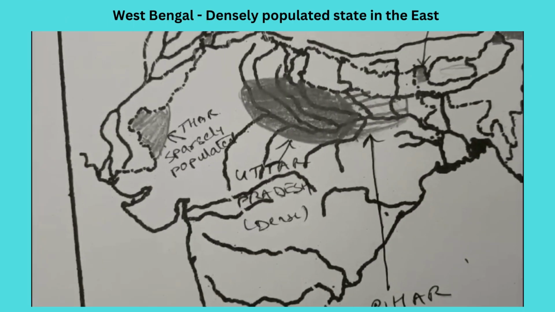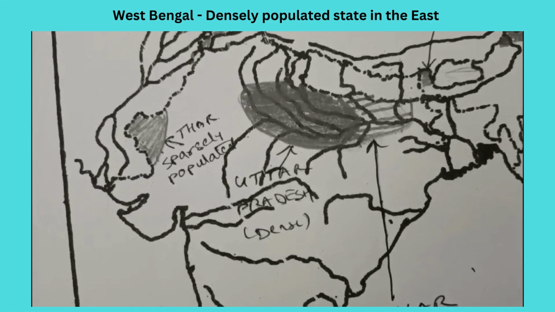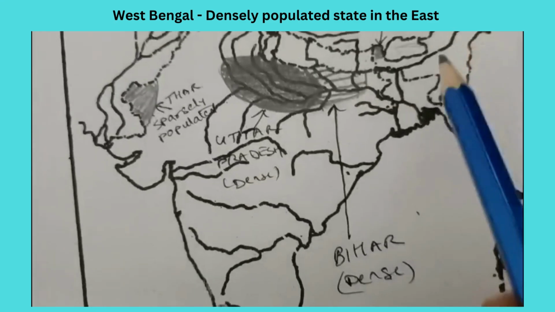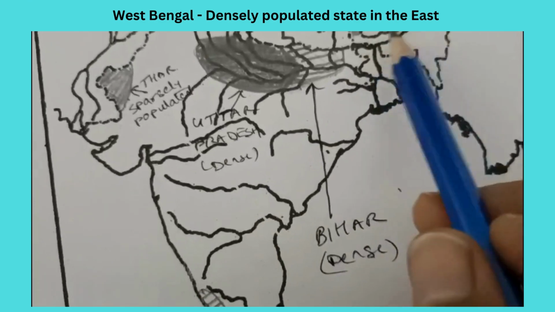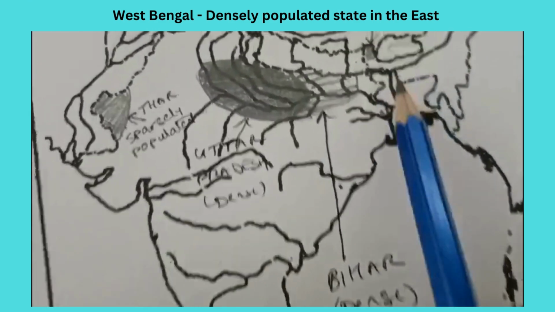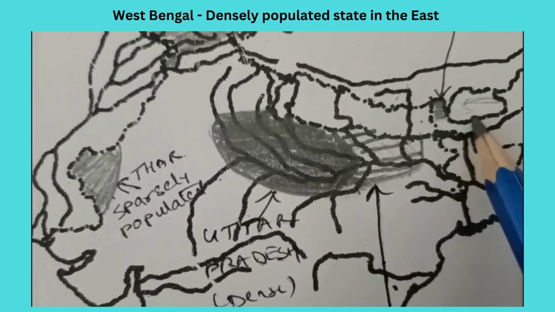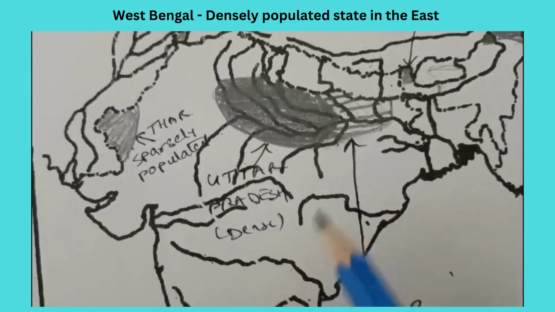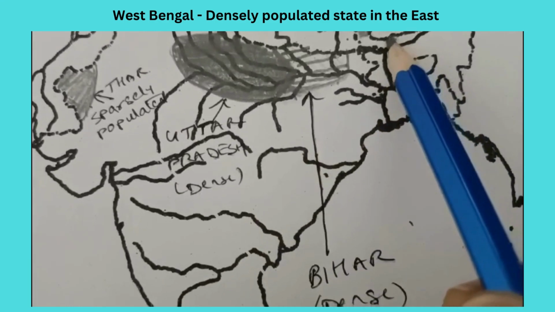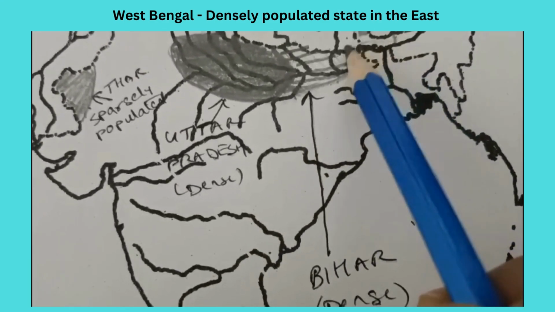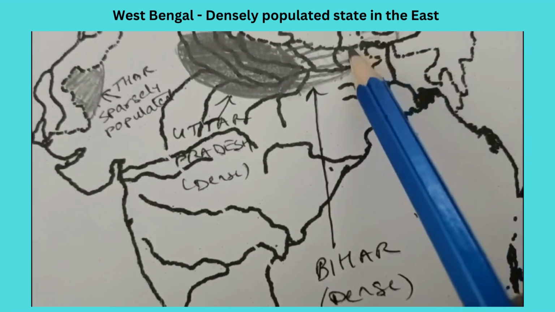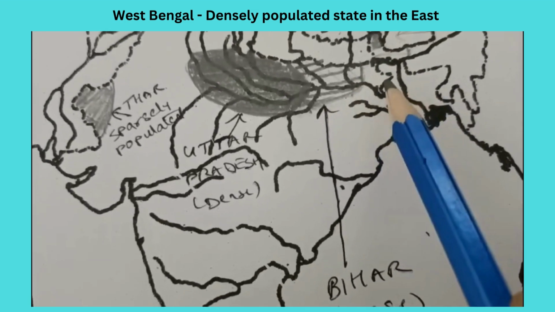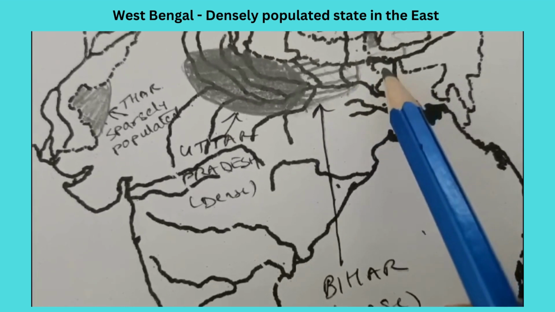Now the last densely populated state is West Bengal. Now look at the demarcations properly. First we'll draw the boundary. This is Bhutan. You can see a slight curve here. This is the slight curvature here. Draw one line so that we can mark the boundary here. And then you come down like this. You look at this particular part where you've already made Bihar. So if you do not get to mark Bihar and only West Bengal you have to mark,